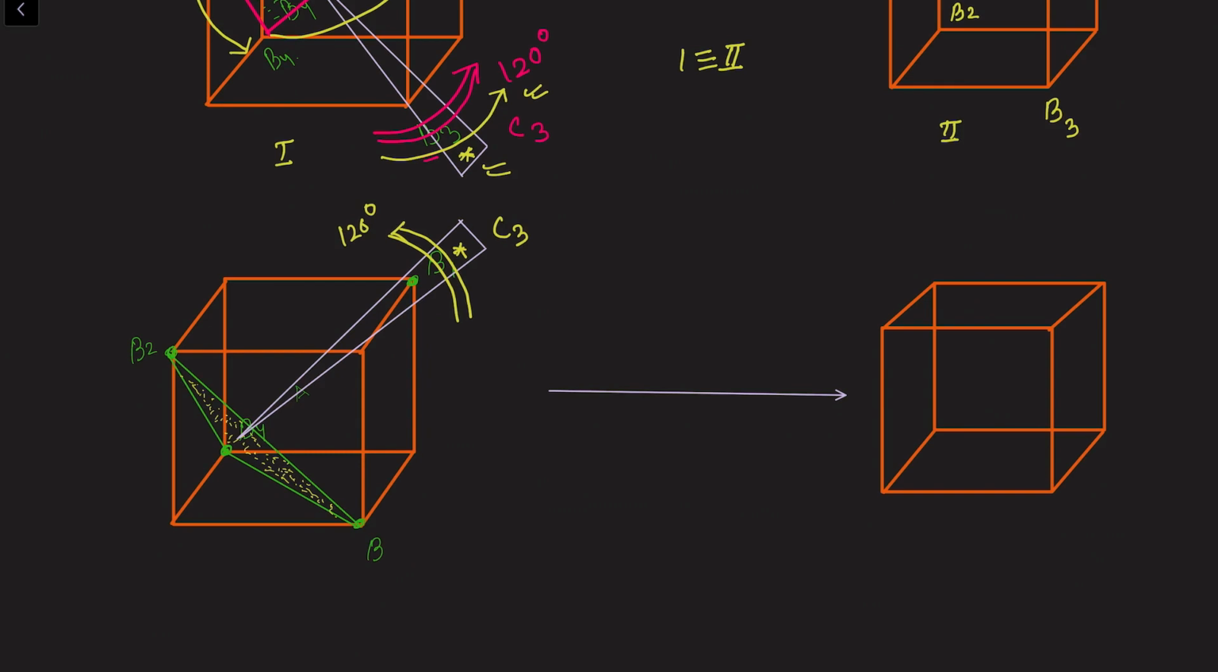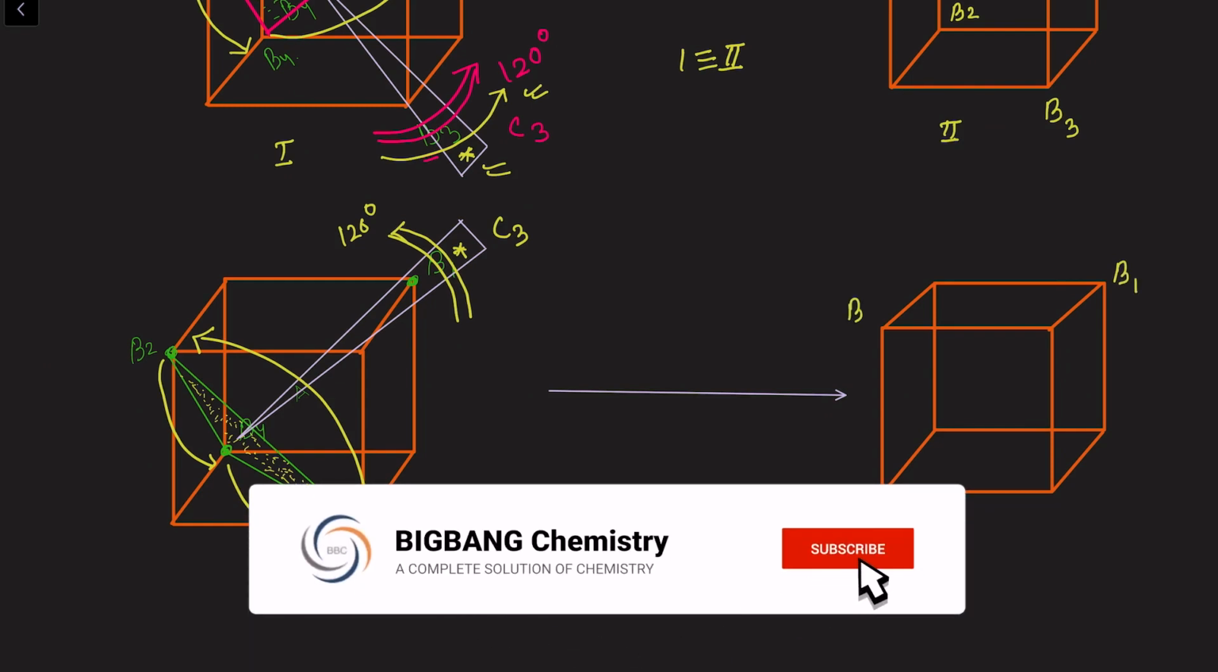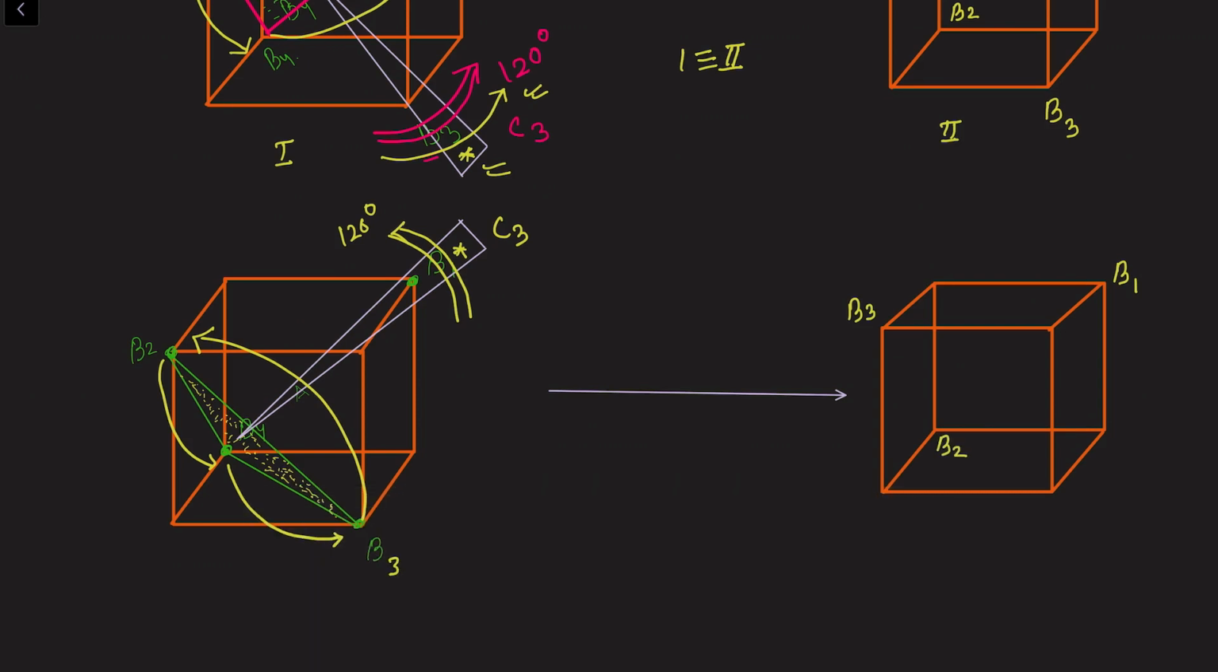Now rotated in the same direction, what will happen? See, this is B1, B2, this is B3. B3 will interchange its position with B2, B2 will interchange its position with B4, and B4 will interchange its position with B3. Be careful here, right? So this B1 atom will be as it is here. Here B3 will come, here B2 will come, and here B4 will come,